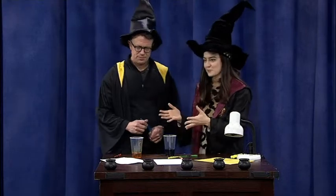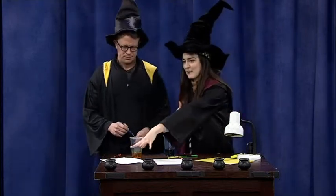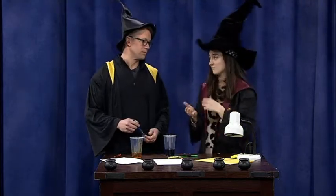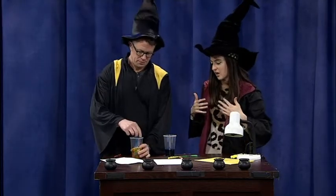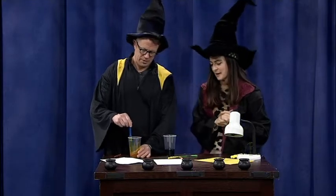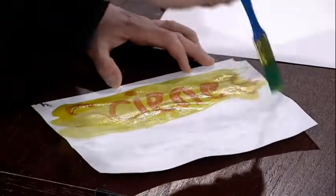So the first one we're going to do is kind of an acid and base reaction. I've painted a secret message on this paper using a baking soda and water mixture. Just baking soda and water, so you can't see it right now. But in this cup, you have some rubbing alcohol and some turmeric. Turmeric is an indicator, so when it comes in contact with acids and bases, it'll change color. So if you paint that right over the message, when it goes across the baking soda,